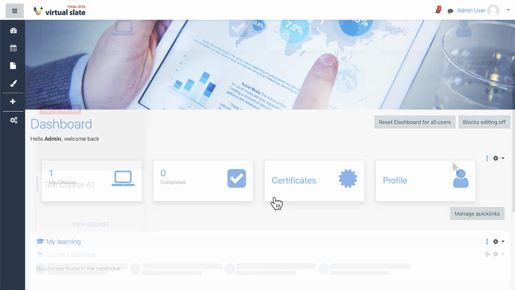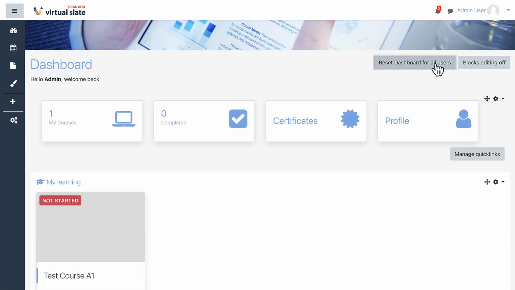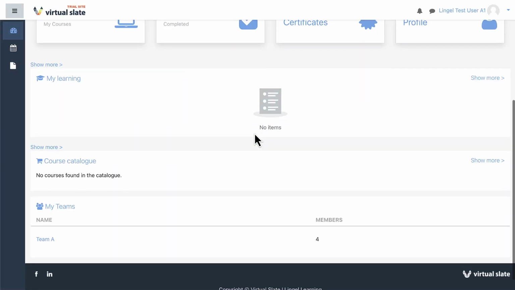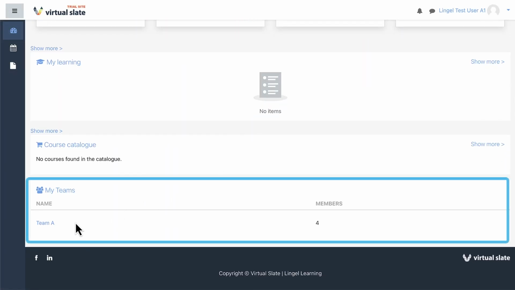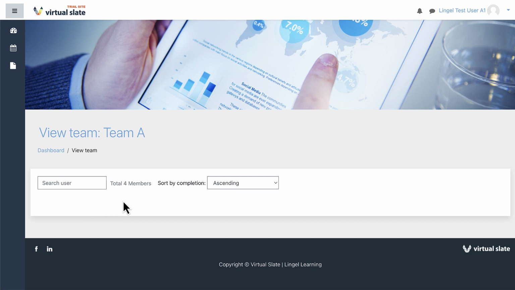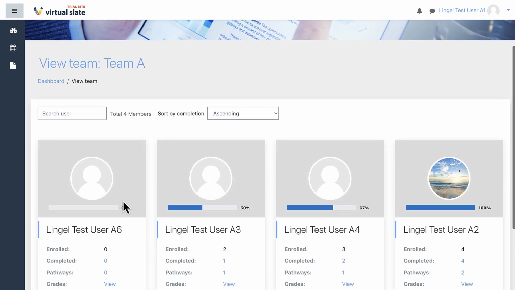Now let's go ahead from the perspective of a user that has been assigned as a team manager. You will notice that the Team Management block will be located on the user's dashboard and will indicate the team name and the number of members assigned to it. By clicking the team name in the Team Management block, the team manager will now be directed to the View